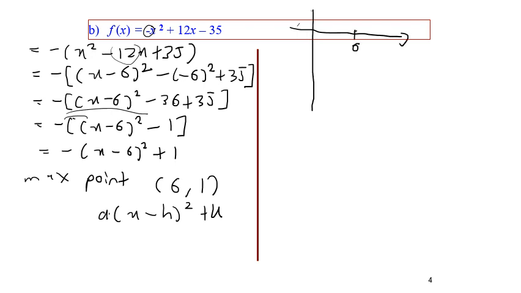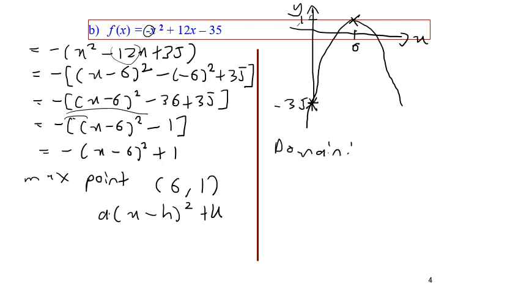So 6, 1, so 1 above here, so this is 6, and we have negative 35. So no need to really go into scale, just show that negative 6 is bigger than positive 6. So connect the graph to be like this, so the other one would be like this also, right? So this is our graph, and from our graph we can find out domain and range.